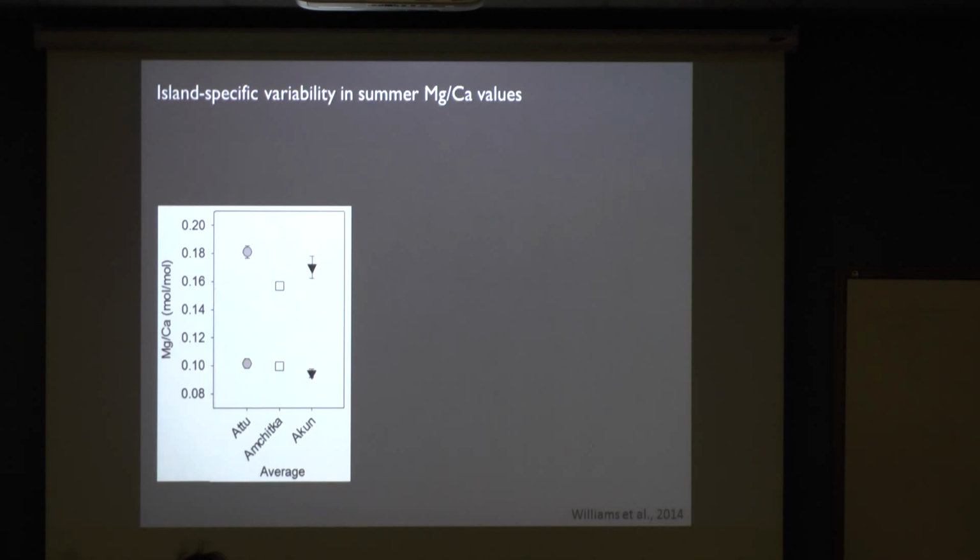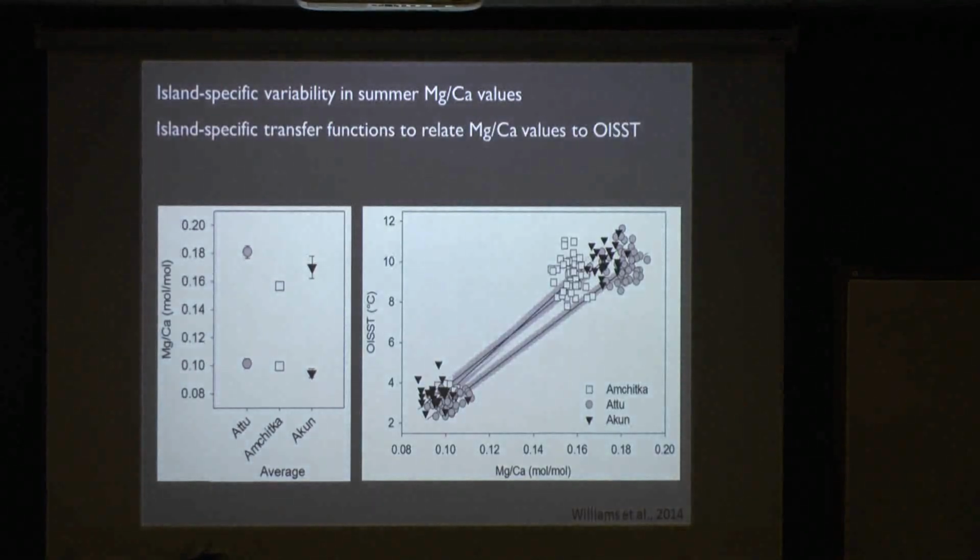But what it means is you cannot use one calibration equation developed on one site and apply it somewhere else. You need to be able to develop island-specific curves. And so here we use the gridded OISST data. This only goes back to 1981, but it's in higher resolution than some of the other gridded data products. And we developed a transfer function where we can take the amount of magnesium calcium in the skeleton and then convert it into an absolute temperature. And we did this for each of the 3 islands, and as you can see, they ended up with 3